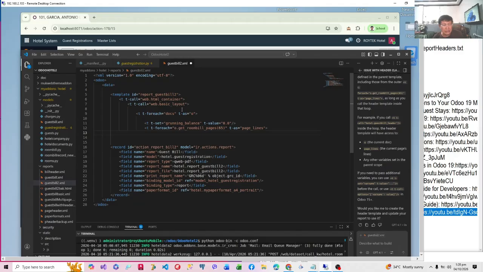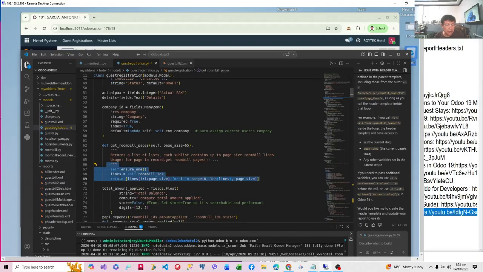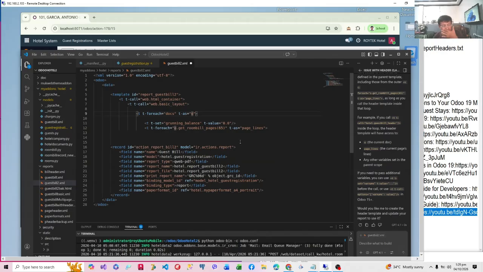This is room bills and so, and then for each of the docs, because remember we are assigning it an alias of o. For each of this, we get room bill pages of 65. This is our Python function in get registration.py, get room bill pages. So it will only get room bill pages as a subset of the room bills, and we call each record of this as page lines.